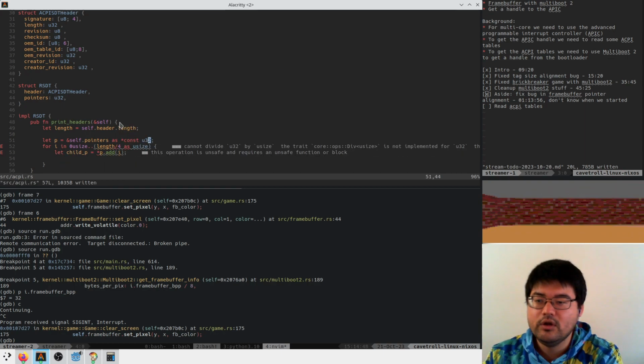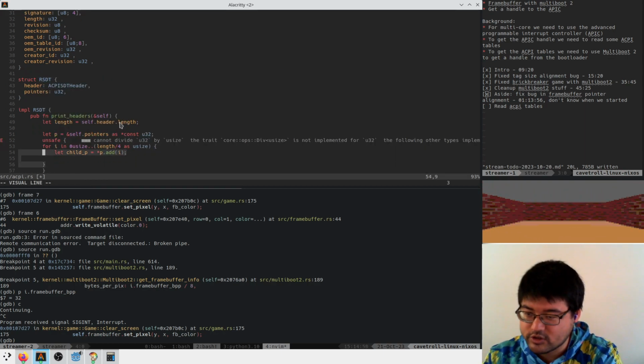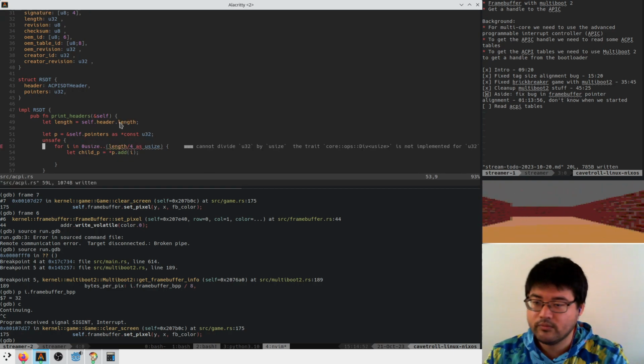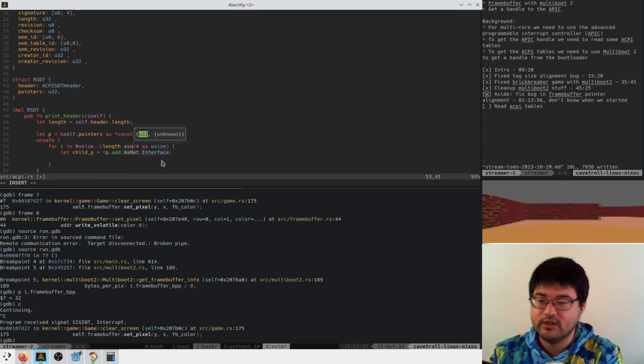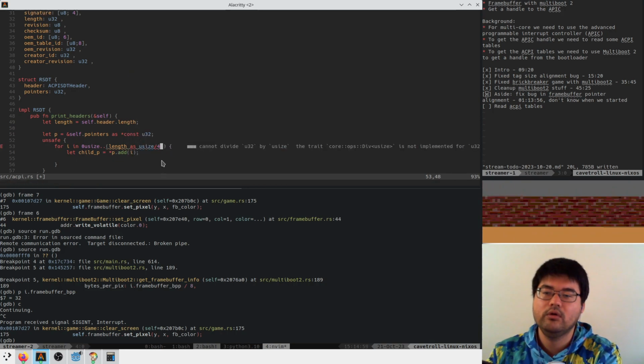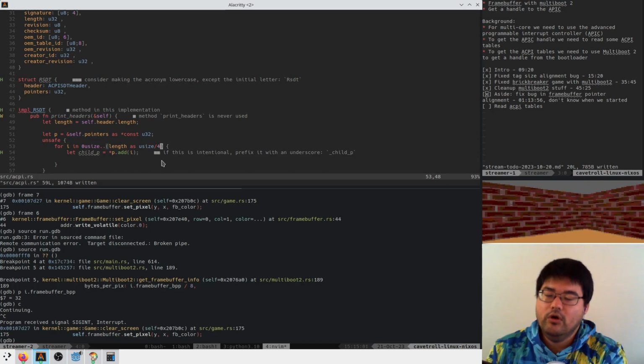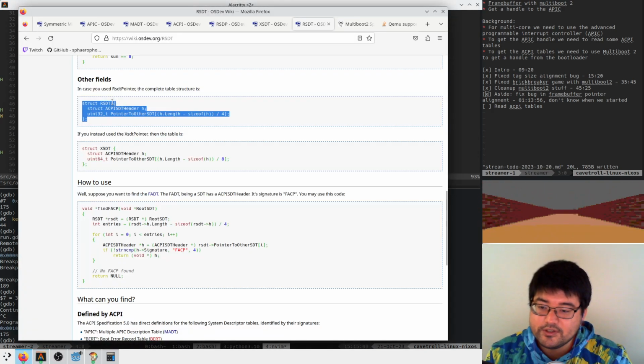This is unsafe, so we stick in an unsafe block. And we cannot divide u32 by usize, so it's actually like this. Very cool. Okay, so then what are we going to do?